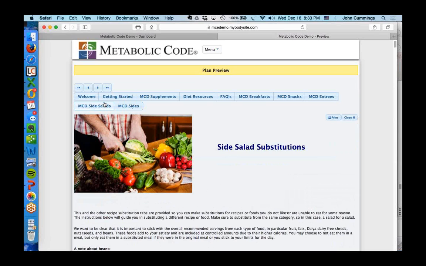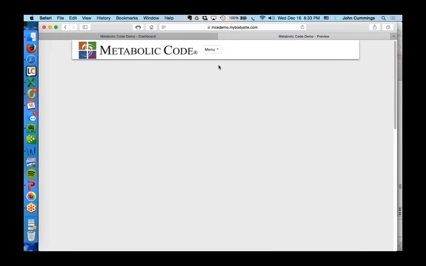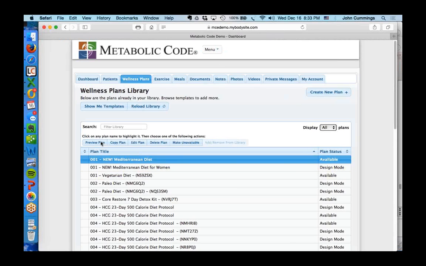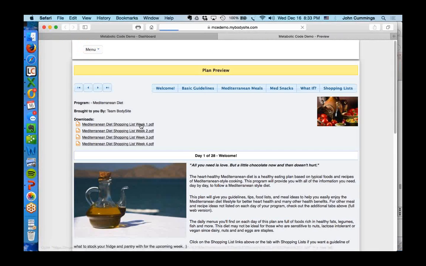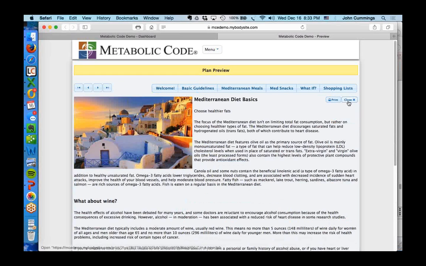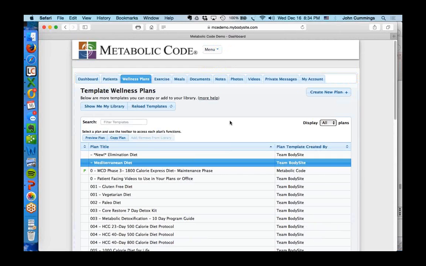And what's cool is that every one of the templates that we have in the library has the opportunity to contain up to 10 of those navigation items. So if you look at the Mediterranean diet, you've got a welcome tab, basic guidelines, shopping lists, things like that. Every plan has comprehensive information for a month, 2 months, sometimes 3 months, and you can deploy these to patients